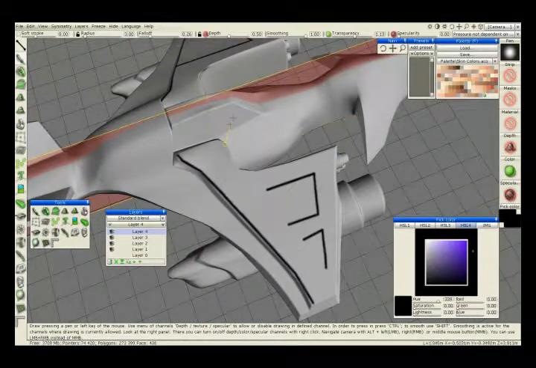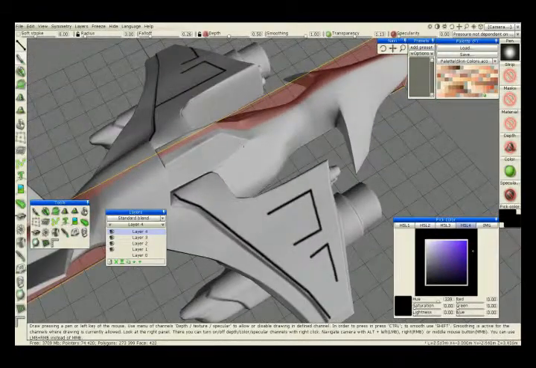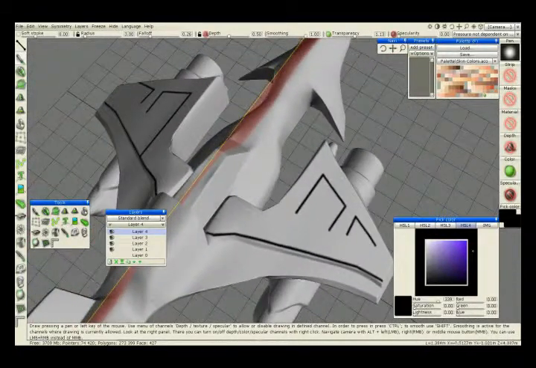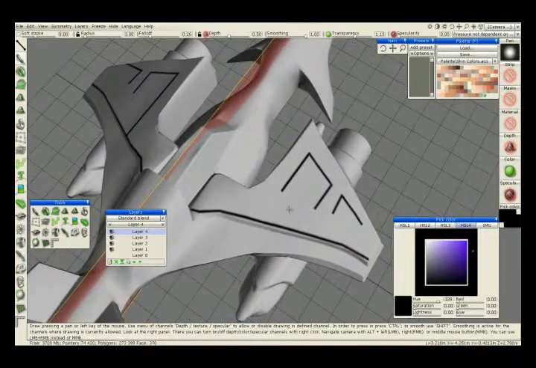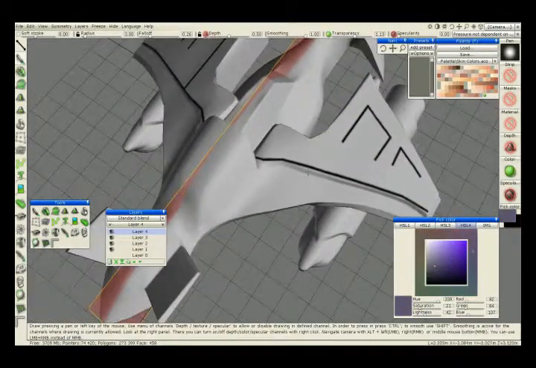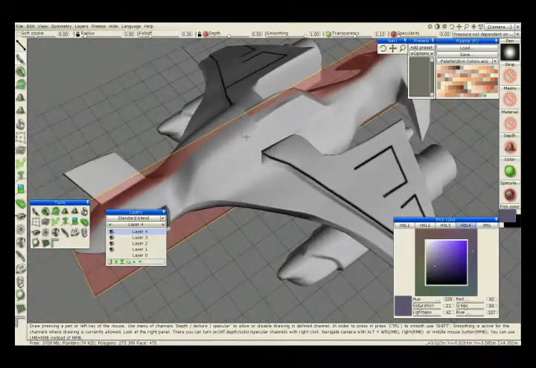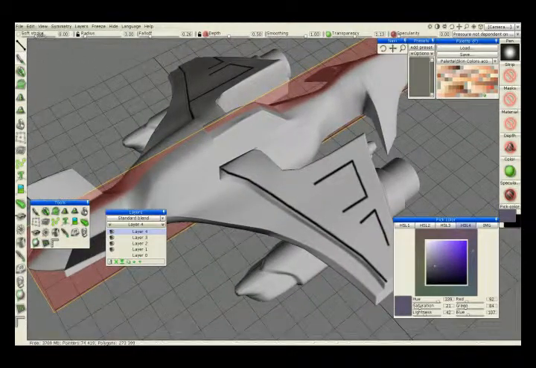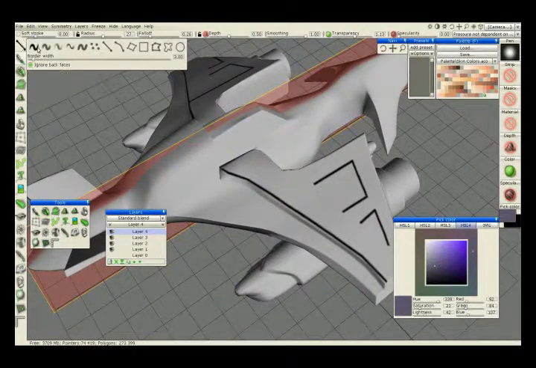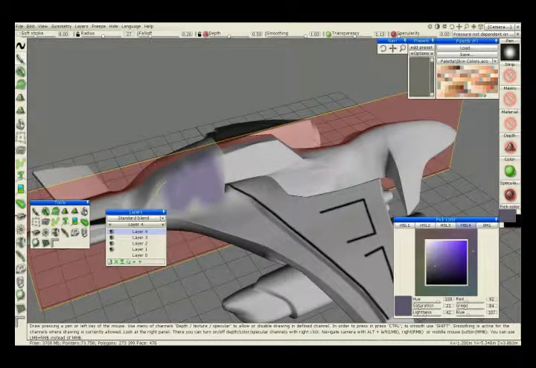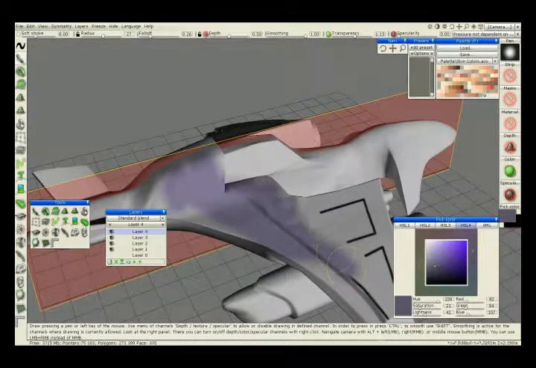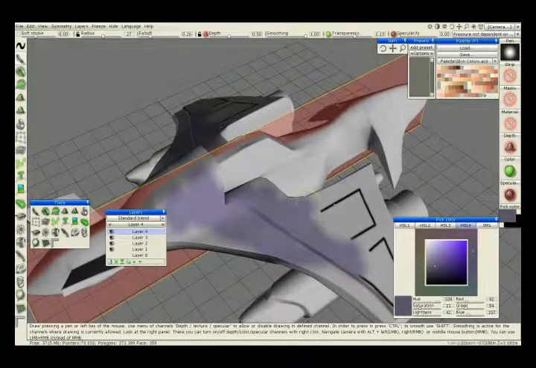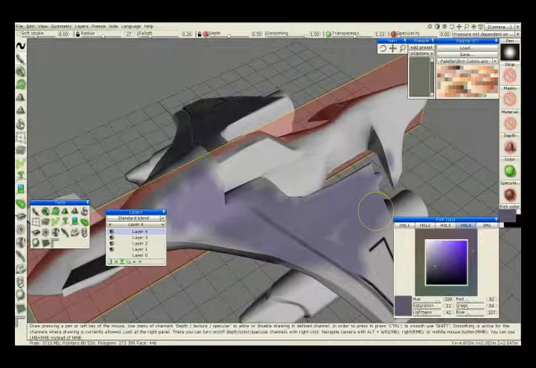So generally how I work is I start with the lines layer. I then go in and, well, actually I start with a base coat because working with just the white is pretty lame. Change my brush back to normal and say I wanted a purple base coat. Oh my god. Since I'm just working on one layer at the moment, it's going right over my lines, but now that I've made multiple layers, I can go ahead and make my base coat, and then I'd go in and I'd do